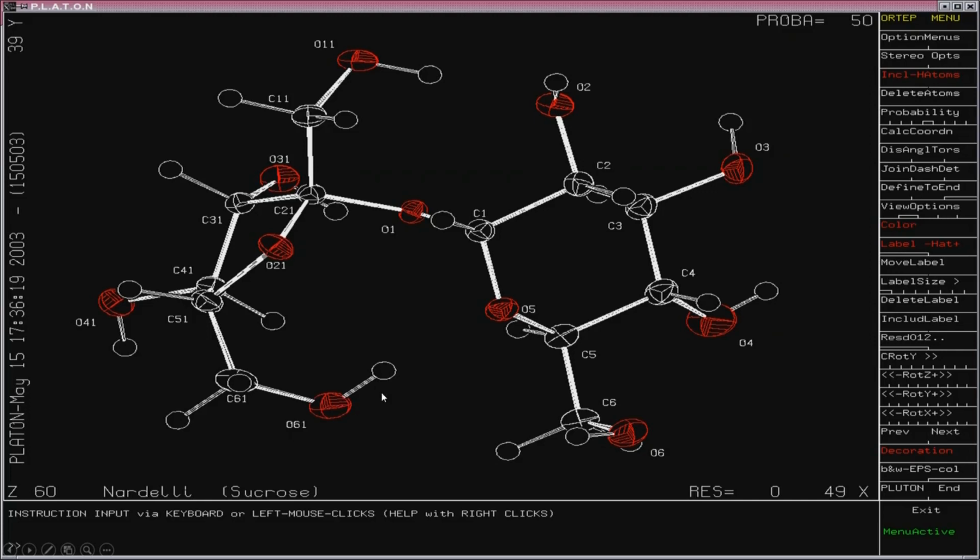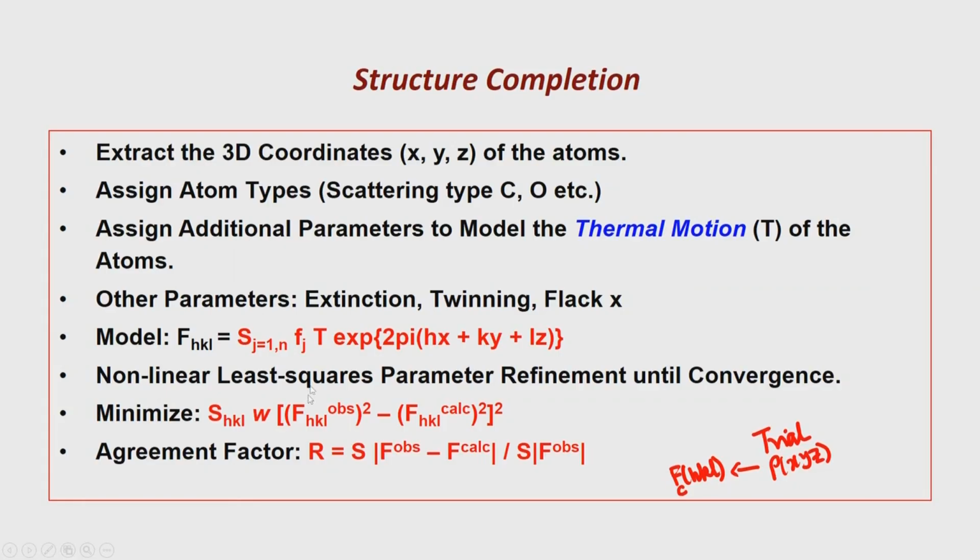So, in a situation like this, there are two ways in which hydrogen positions can be determined. One is to put all the atoms in their final positions, as we have done the refinement, and once we have those in the final positions, do an F calculated. That is, you go back to this calculation and then do an F obs minus F calc. So, all the atoms are in their final accurate positions, and so you get a difference of F obs minus F calc.